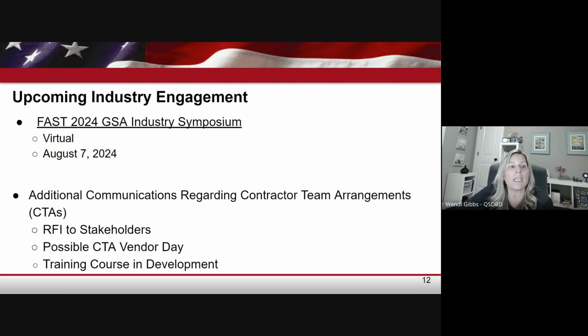We will be issuing an RFI to our stakeholders and asking for feedback and input to provide additional guidelines, best practices, and possible updates to help vendors understand and effectively implement CTAs, while we are also considering hosting a CTA Vendor Day. Also, a new contractor team arrangement training is in the works and will be available by the end of calendar year 2024.